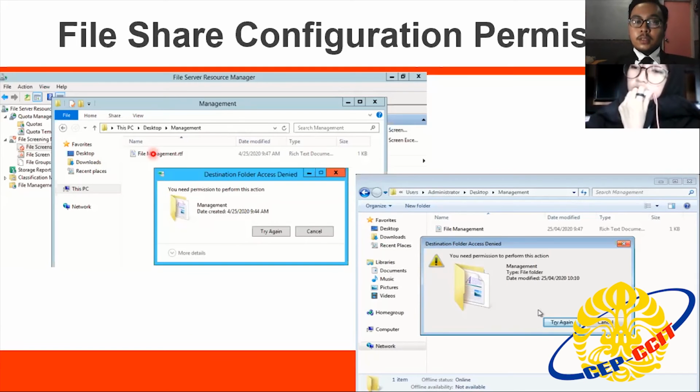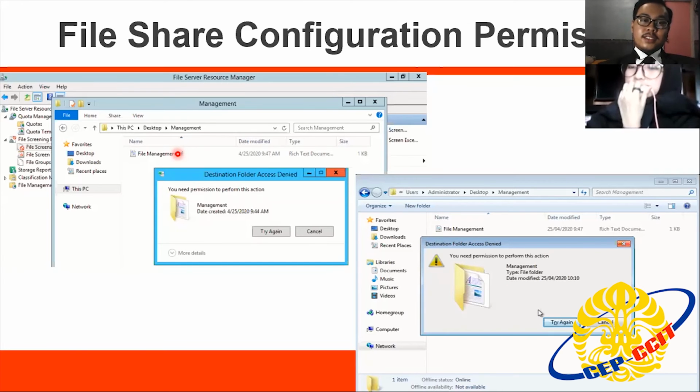Making permission from a file share will certainly prevent the client from creating files that are not in its category and also from accessing files that are not in their rights.